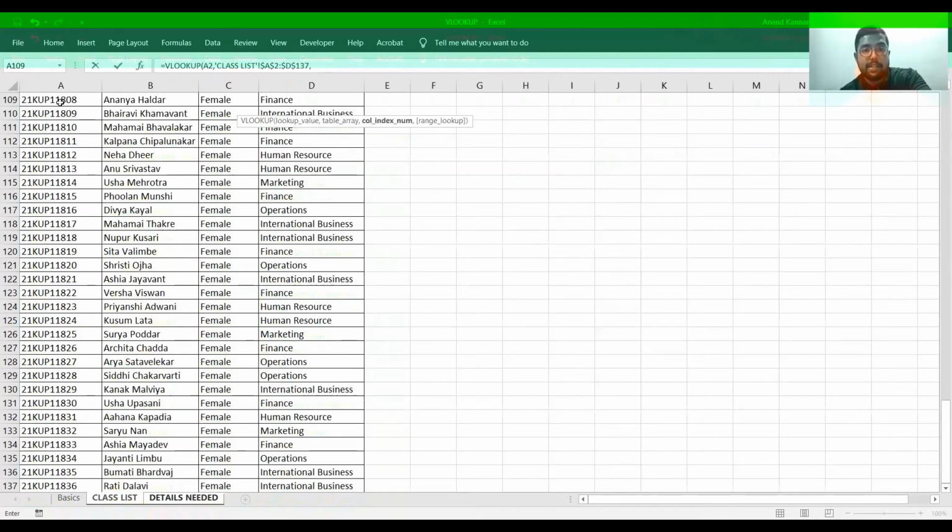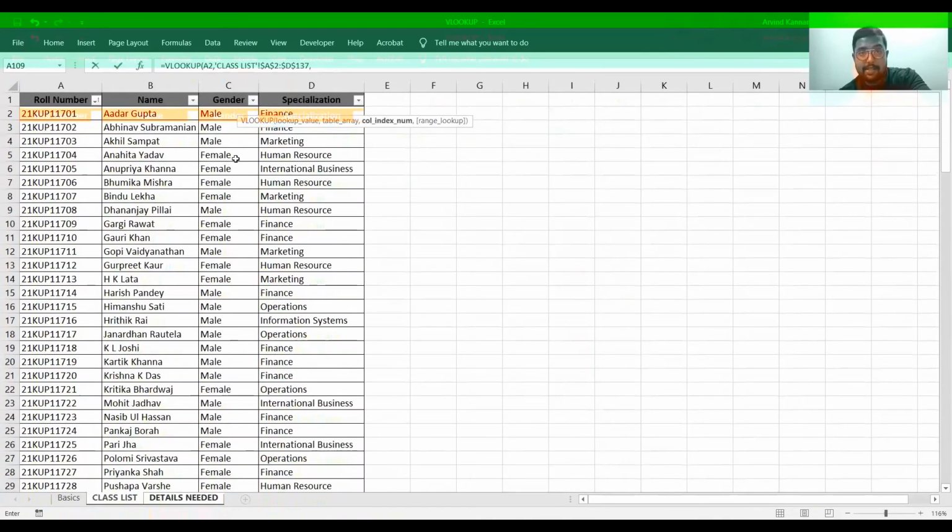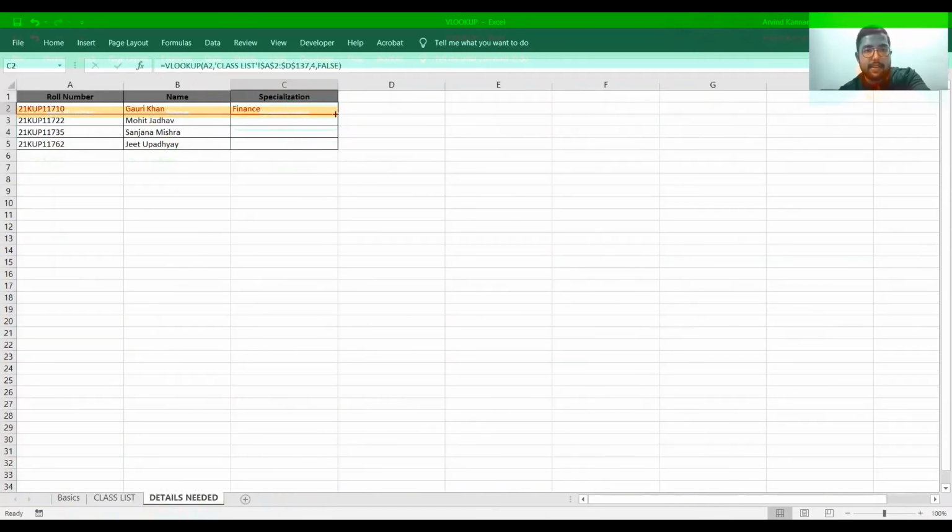And then press a comma, and this time pay attention, because the column index number is not 3, but it's 4, because specialization happens to be the 4th column from the column which has our lookup values, right? So from column A, B, C, D, 1, 2, 3, 4th column. So I'll put 4 and exact match, select that, close bracket, enter, and I got finance. I'm going to come here, do a double click for it to auto-populate,